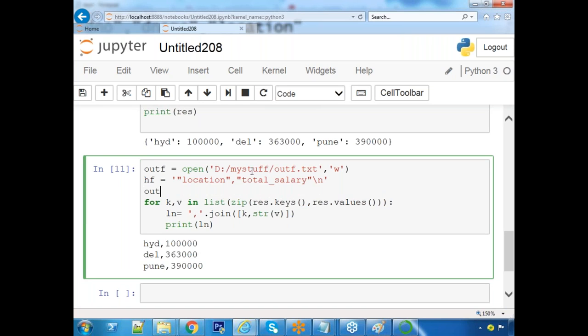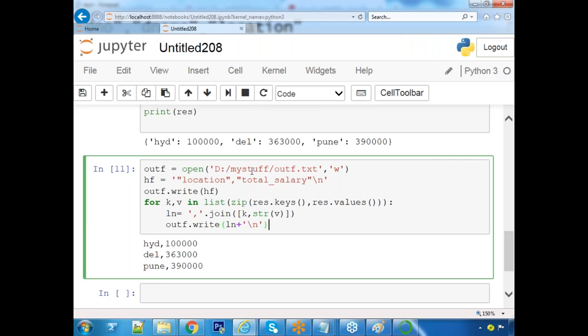Before the for loop, I am writing outf.write of header. Instead of printing, I am writing that new line: outf.write ln. After the line entry, I want backslash n to write a fresh row into a fresh line.